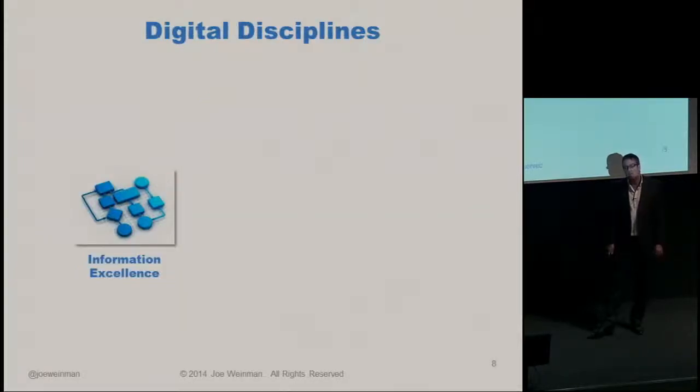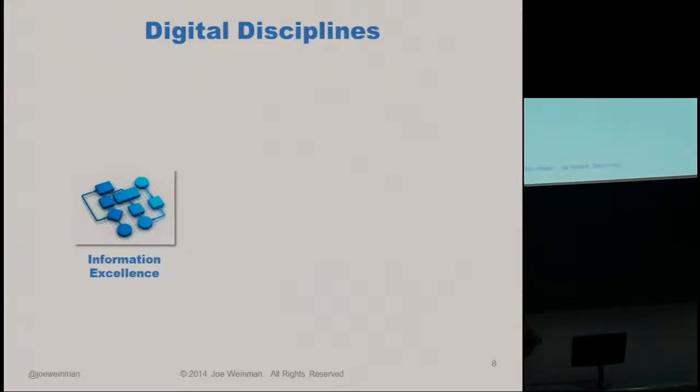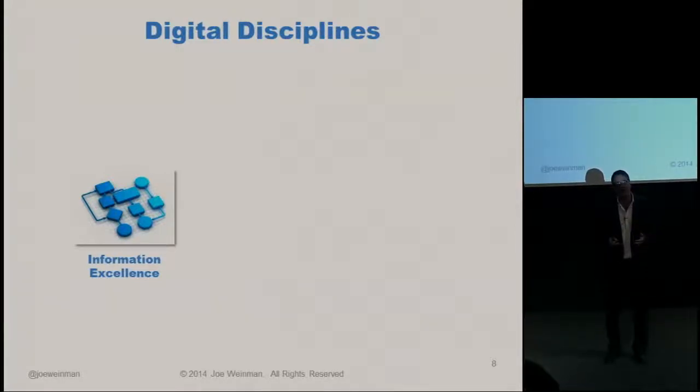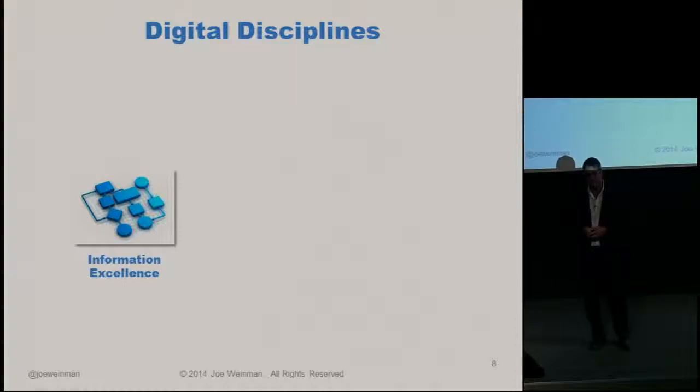So what I argue is that there are 3 digital disciplines, and the reason I came up with that term is that there's a great book that was written by Michael Tracy and Fred Wiersema 20 years ago called The Discipline of Market Leaders, and they argue that there are 3 main value disciplines that companies can use. Operational excellence, in other words, better processes. Product leadership, in other words, better products or services. Customer intimacy, in other words, better customer relationships. You should read their book because it's a great book and it's still full of insight 20 years later.